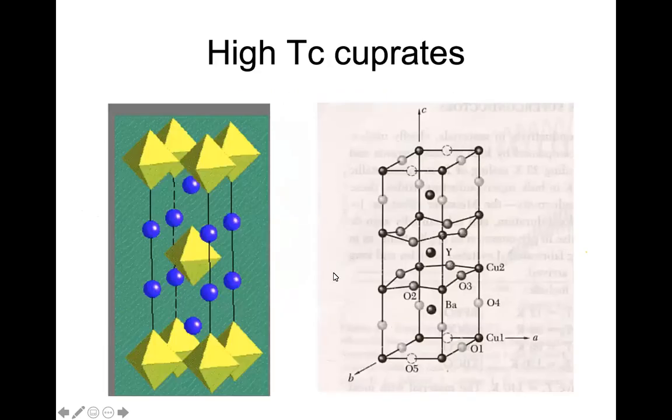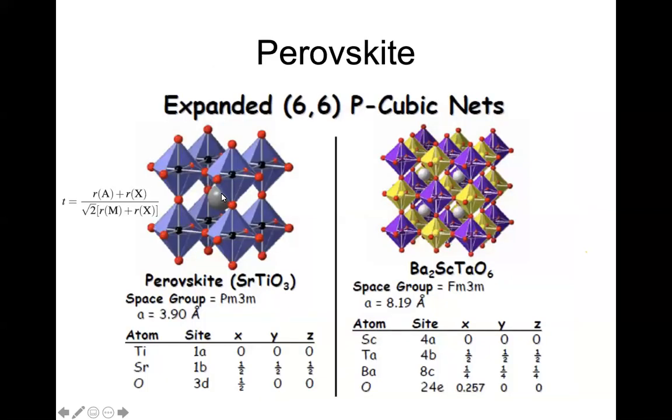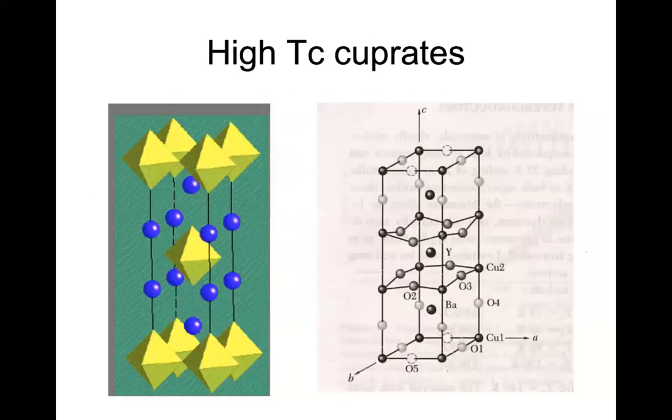So now I go to a much more complex structure, which is called the cuprates. One is the lanthanum copper oxide. So this is nothing but a perovskite. For example, you can consider this as a perovskite. Here I have given the octahedra in the middle. You can do it. So here you can put this octahedra in the middle, and you can bring this atom here. So you can interchange, so that the structure will not change.